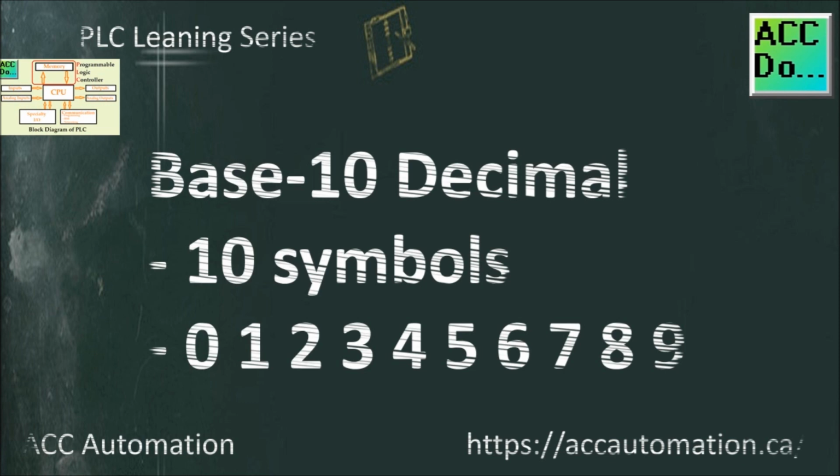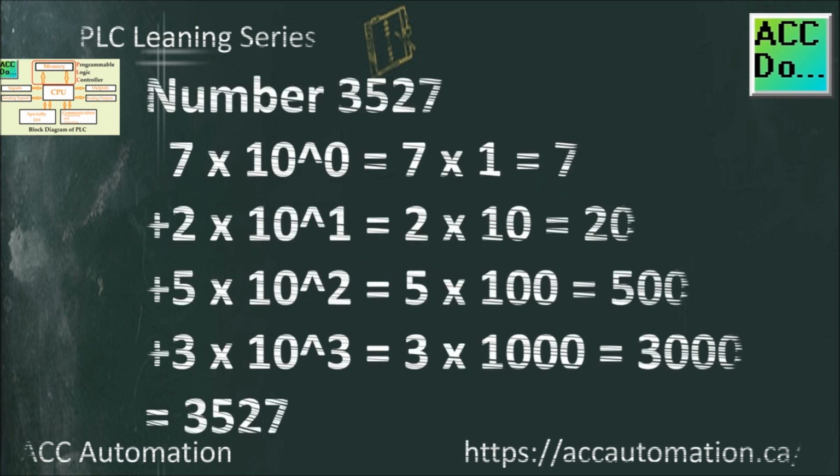Now let's look at an example using a decimal numbering-based system to figure out how we get this number. So the number is 3,527. So this is actually equal to the 7 digit here, because that's the value, 7 of them, times 10, which is the number of digits, to the 0, which means the placeholder. So this is 0, 1, 2, and 3. Any number or any base unit to the 0 always equals 1, and that equals 7,